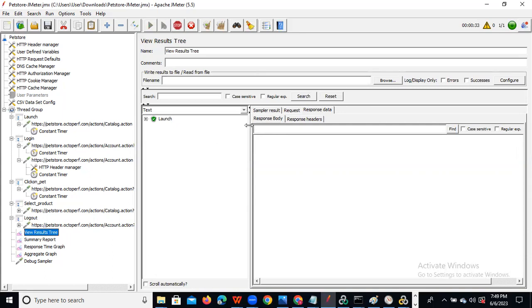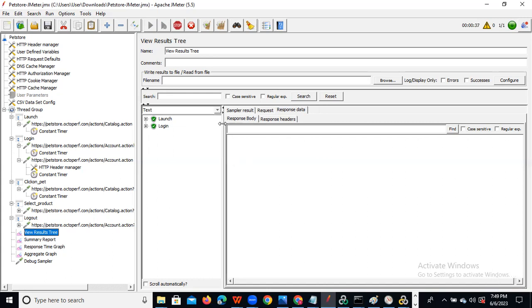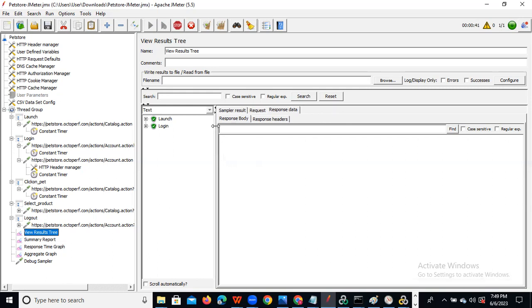Please work as a team, then everyone gets good knowledge and you can discuss and practice well. Please concentrate on JMeter also, because now JMeter's scope is increasing, and the scope is good for JMeter also.